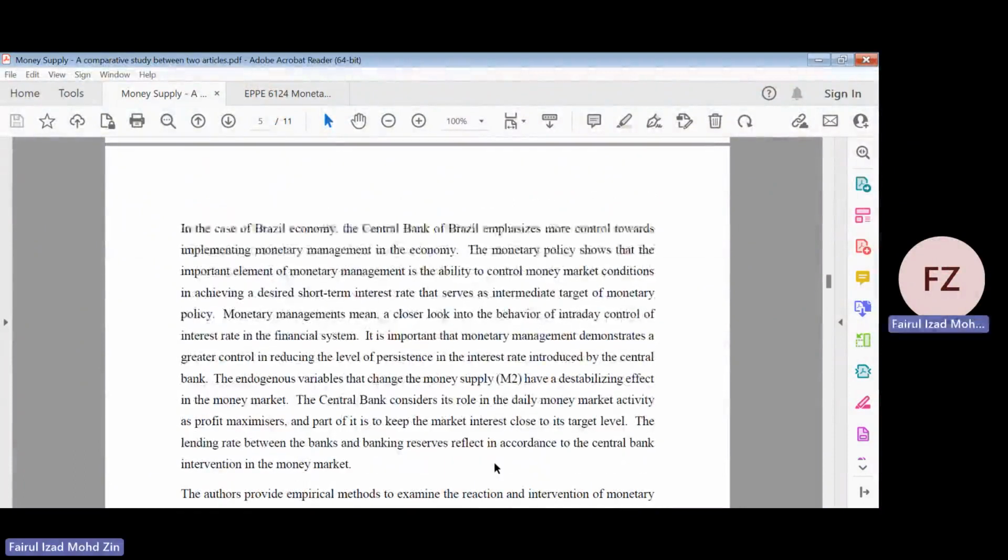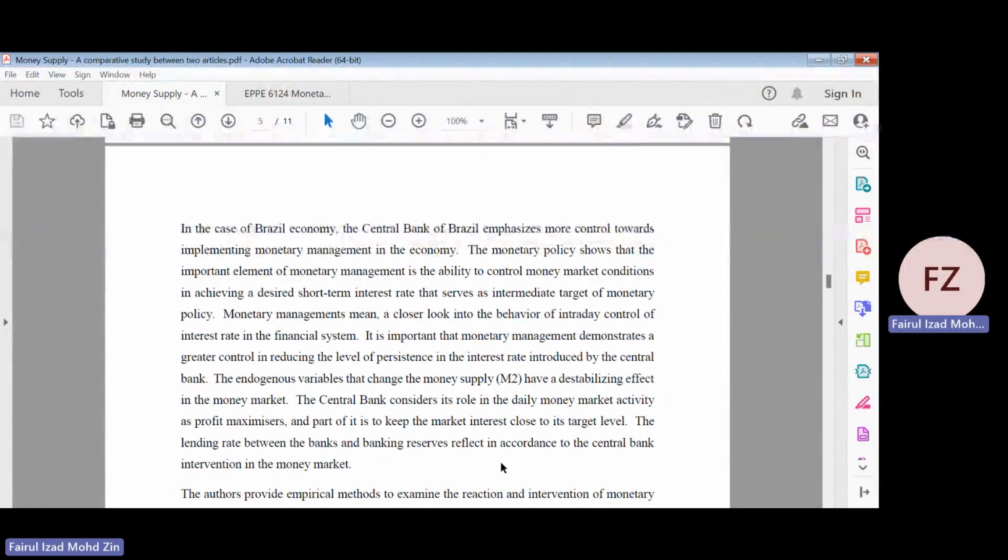In the case of the Brazilian economy, the Central Bank of Brazil emphasizes more control in implementing monetary management in the economy. The monetary policy shows that an important element of monetary management is the ability to control money market conditions in achieving a desired short-term interest rate that serves as the intermediate target of monetary policy. Monetary management means a closer look at the behavior of intraday control of the interest rate in the financial system. It is important that monetary management demonstrates greater control in reducing the level of persistence in the interest rate